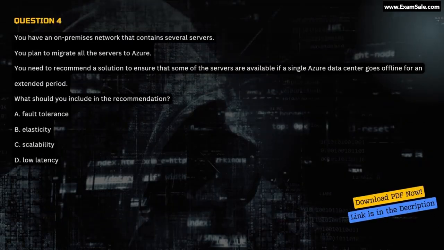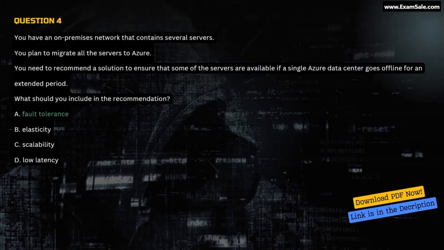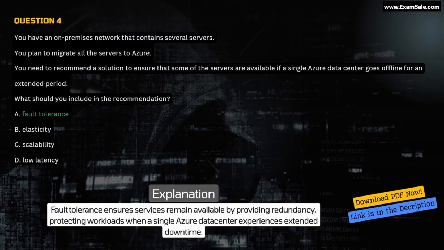Question 4. You have an on-premises network that contains several servers. You plan to migrate all the servers to Azure. You need to recommend a solution to ensure that some of the servers are available if a single Azure data center goes offline for an extended period. What should you include in the recommendation? A. Fault tolerance. B. Elasticity. C. Scalability. D. Low latency. Correct answer A. Fault tolerance. Explanation. Fault tolerance ensures services remain available by providing redundancy, protecting workloads when a single Azure data center experiences extended